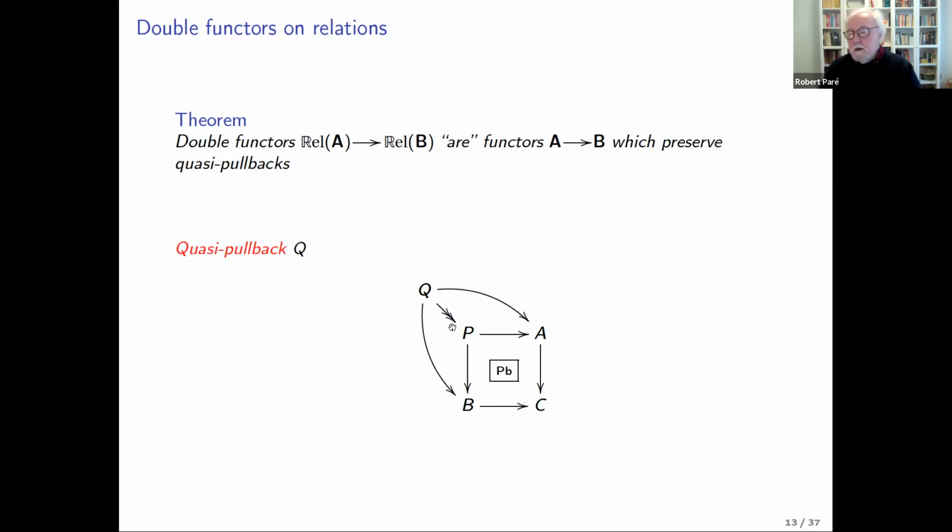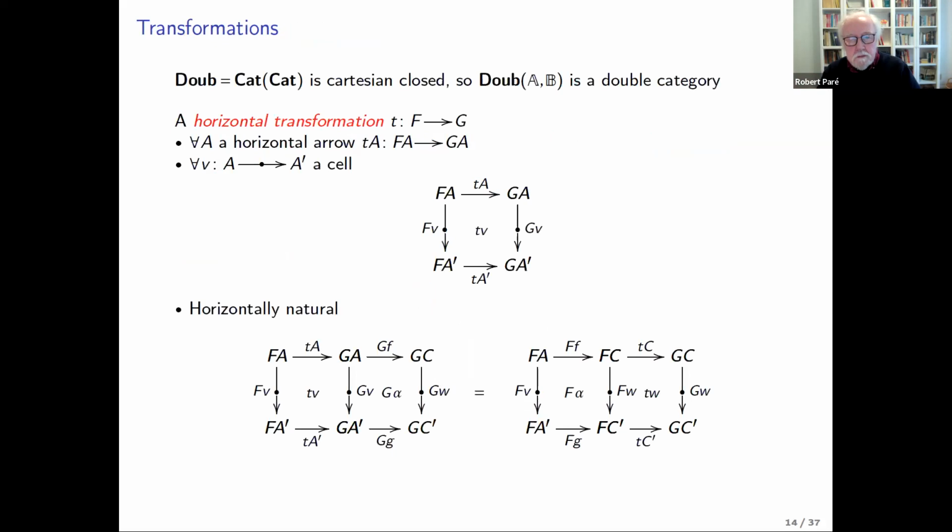Okay, so these are a little bit tricky, but anyways, okay. So for example, preserving pullbacks doesn't mean that it preserves quasi-pullbacks. Okay, so preserving pullbacks plus preserving regular epis would indeed mean that it preserves these. But so anyways, that's the condition for double functor. Now,